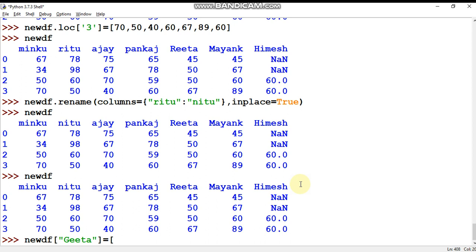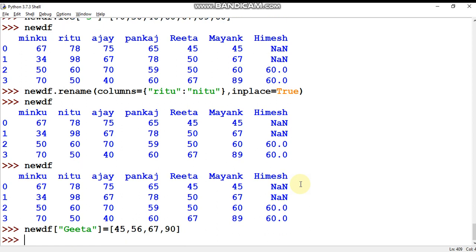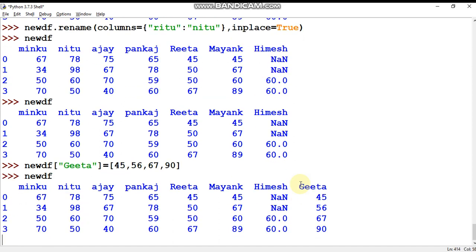Suppose I want to pass the values 45, then 56, 67 and 90, and just press enter. Now you can see here in new df, I have a new column Geeta.